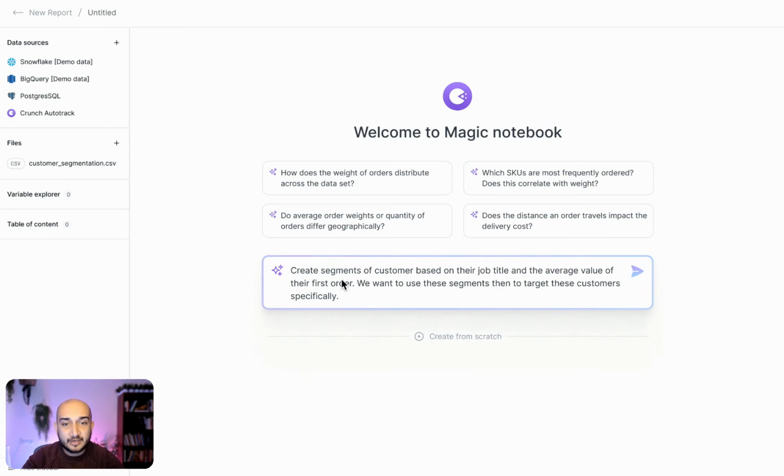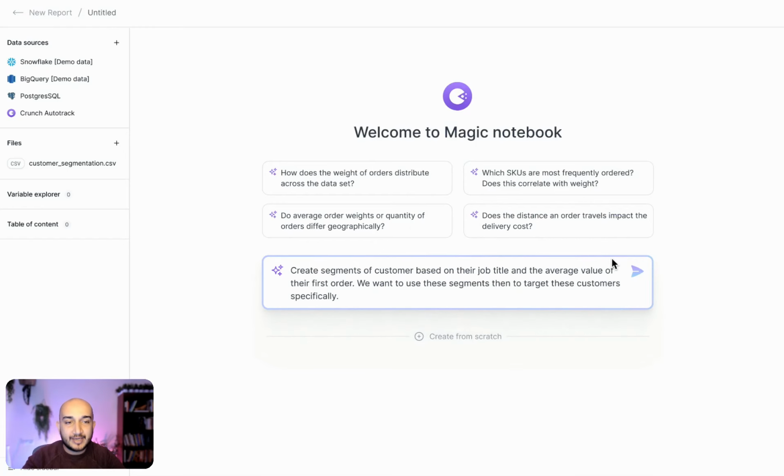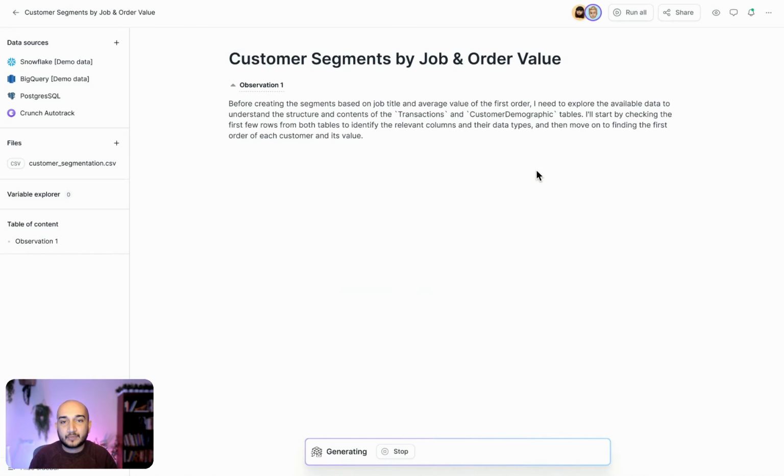And we have just typed in our query, which is on the customer segmentation table, create segments of customer based on their job title and average order value. The hope is that maybe we'll know that, okay, analysts are ordering items worth $100 every time, so we can run ads targeting them. If that's the use case, and I press next, the system gets to work,